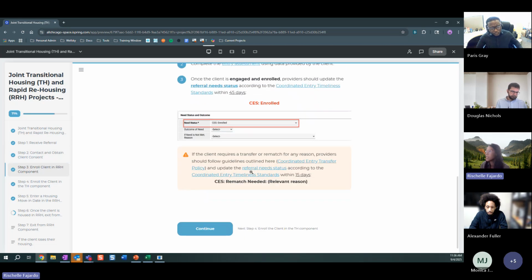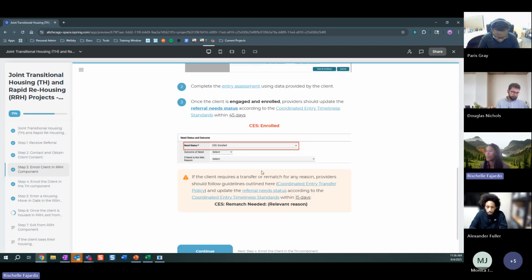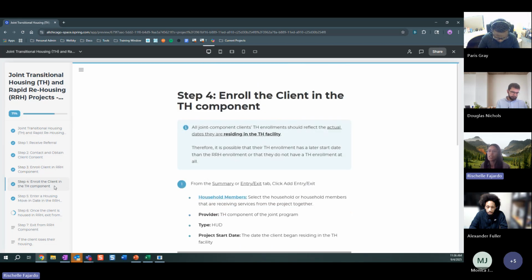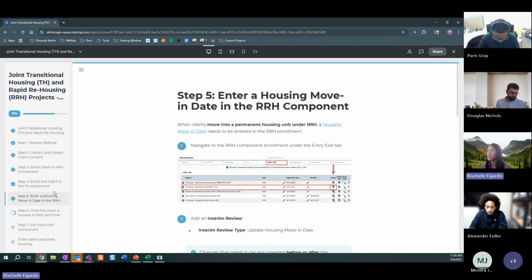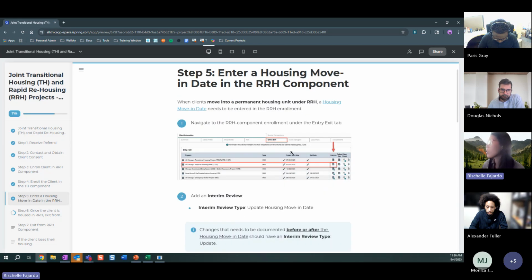Complete the entry assessment, updating the referral need status accordingly. Once, and only if, they do actually move into the TH component, then we also create an enrollment for that client in the TH portion, and treat that accordingly. Once they have moved into a rapid rehousing unit, we then add a housing move-in date to the rapid rehousing enrollment